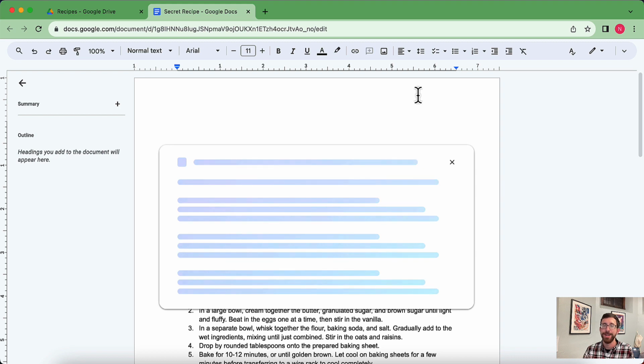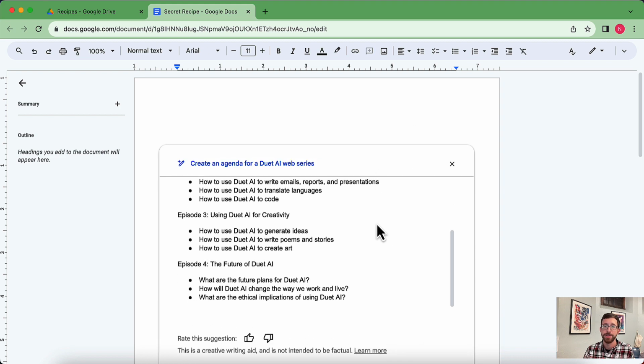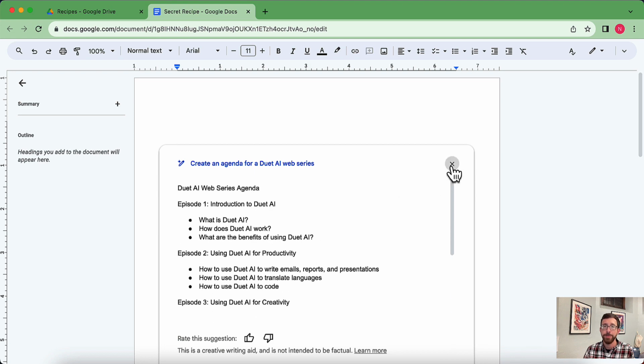Let's see what Duet AI is able to do. Look at that. We got lots of different things, different ways to group it as well, which is really fun. So play around with Duet